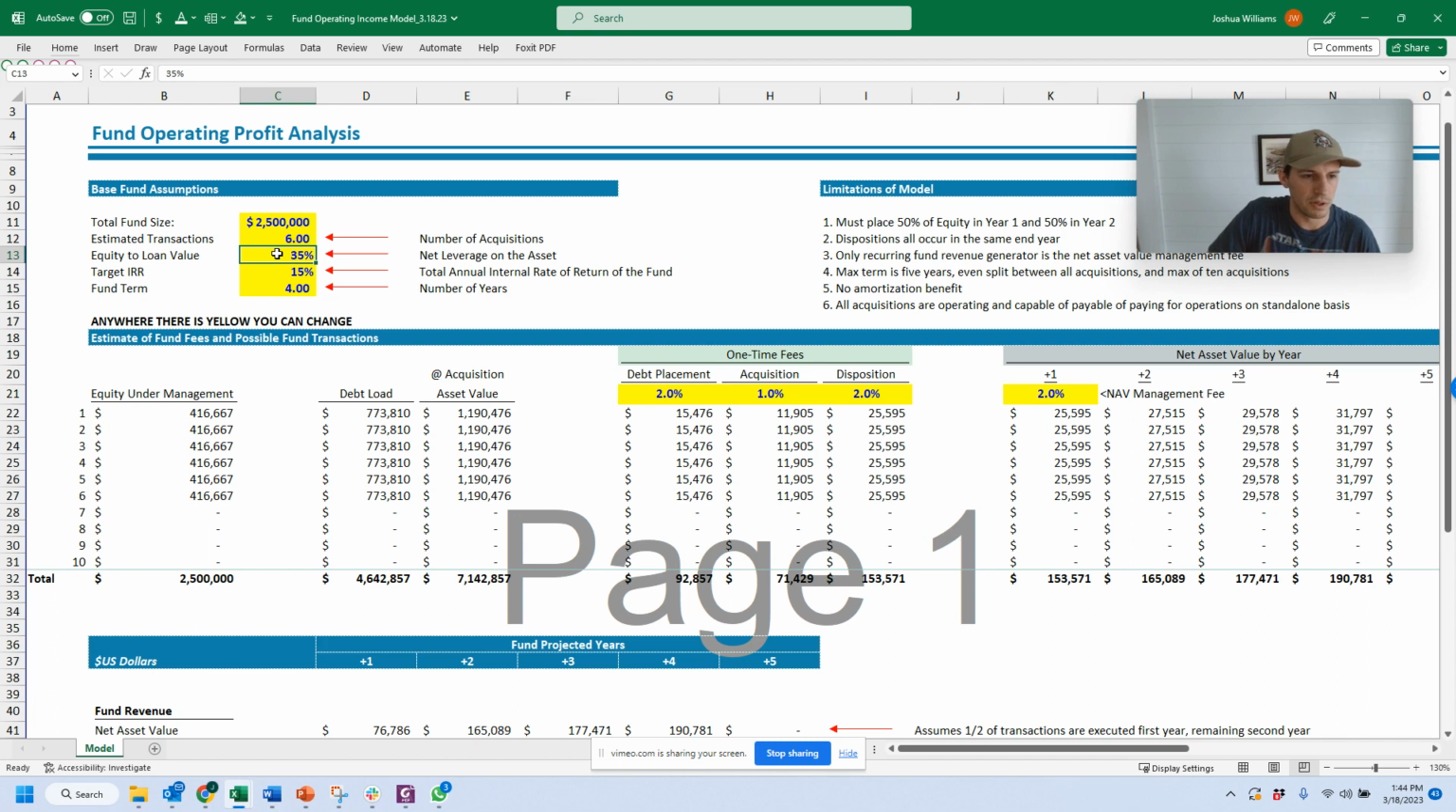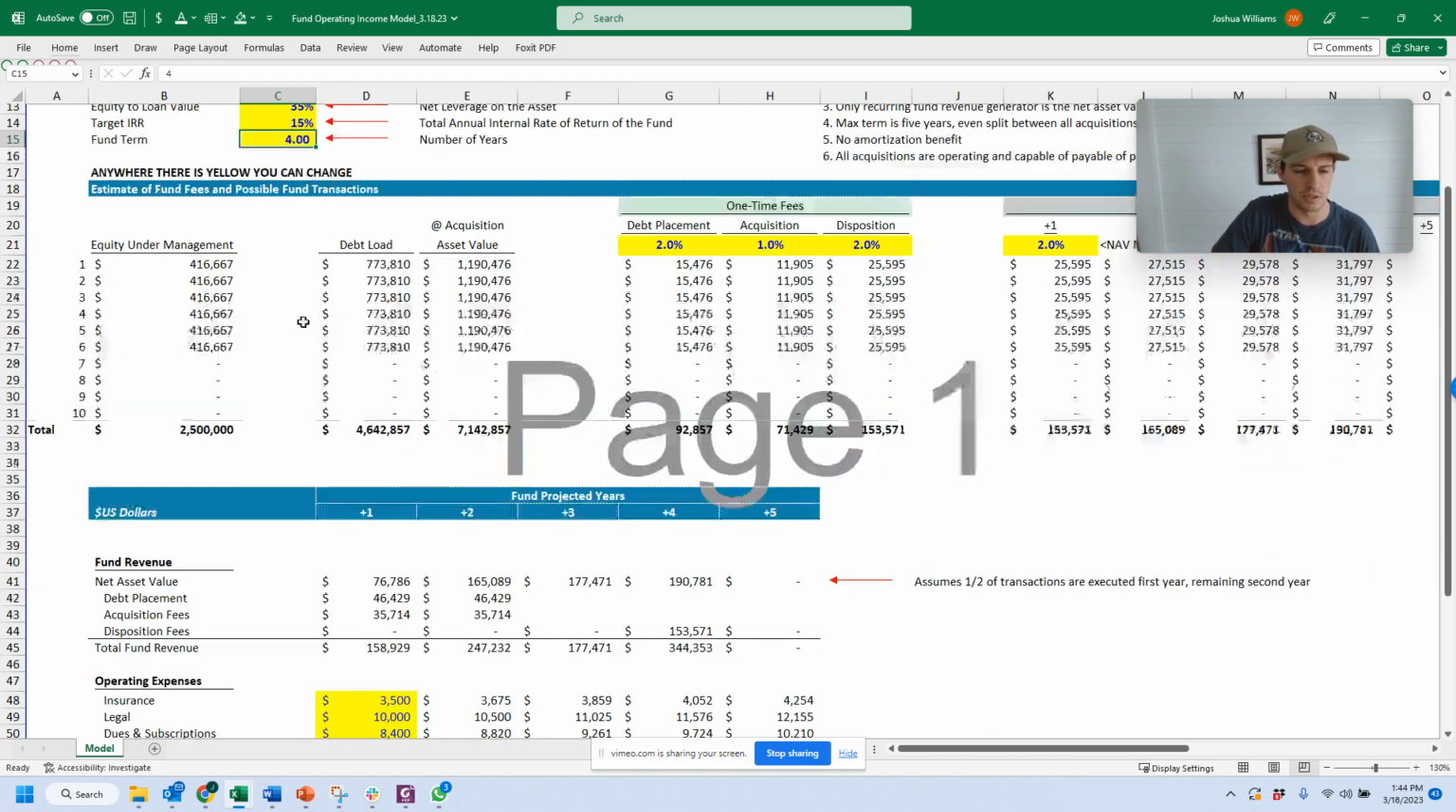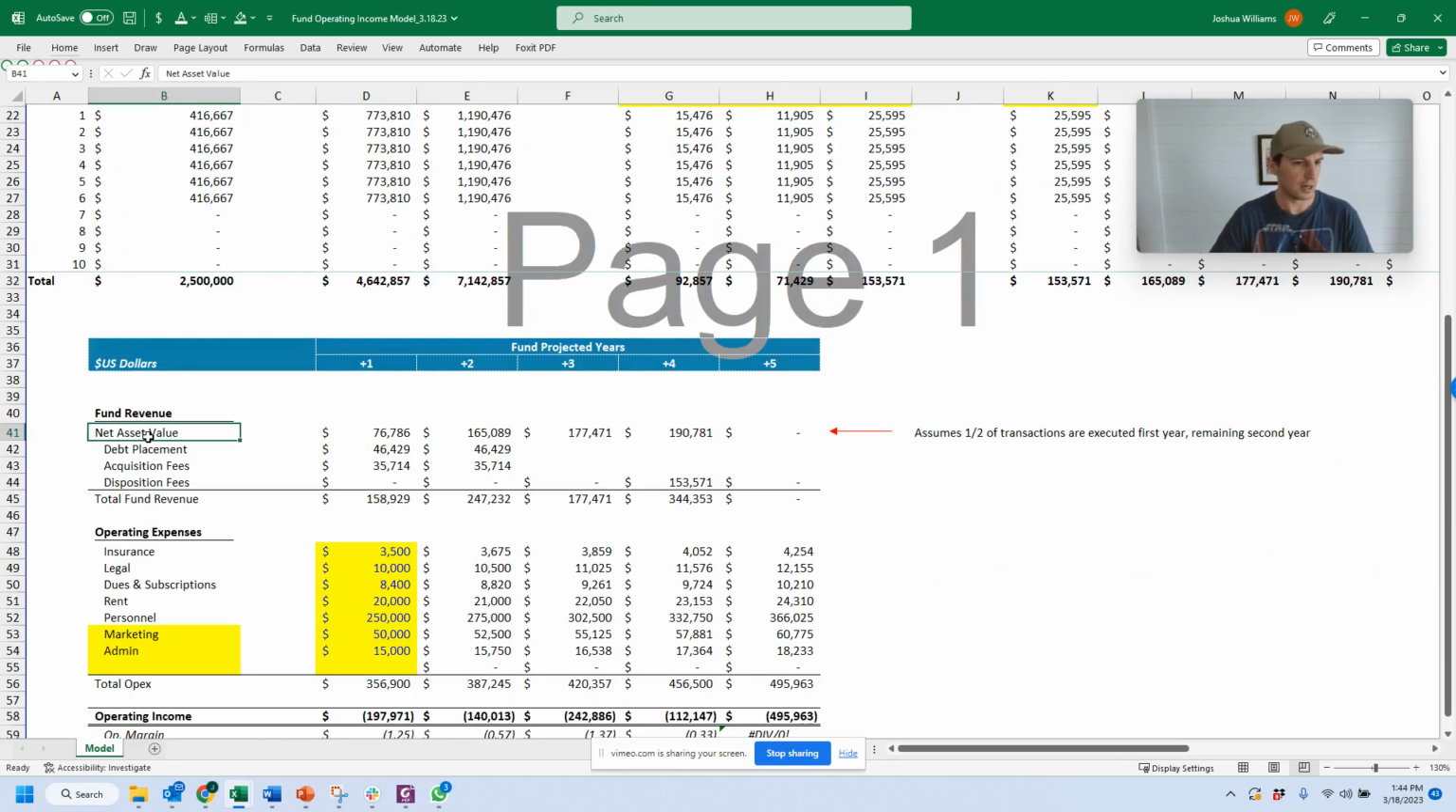You have your equity to loan value to toggle. You can change the number of transactions. You can change your fund size. You can change your term. All right, so here,